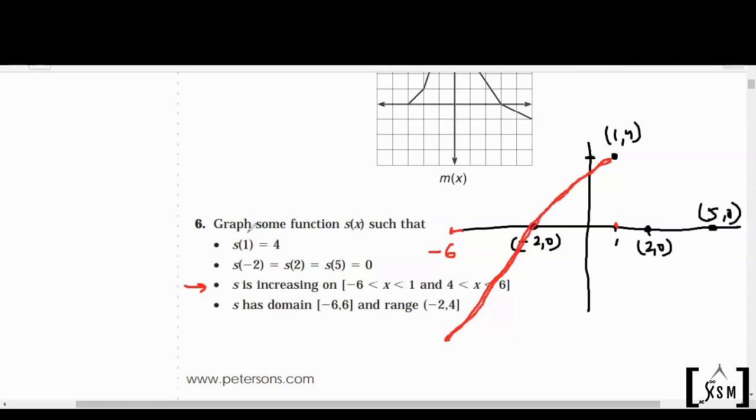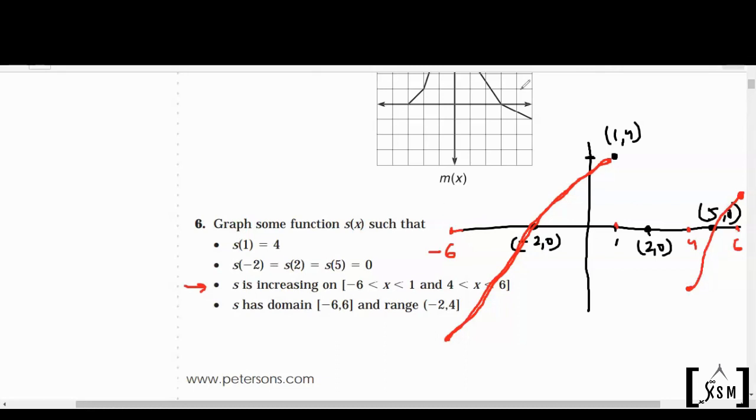Okay, we don't have to find the graph function exactly. We have just to draw them. And the second condition is it is increasing where x is from 4 to 6. So from 4 to 6. So 4 is here and 6 is here. Because we have to pass through 5 also, so yes, the graph maybe look like this. It is increasing from 4 to 6. You can see, right?